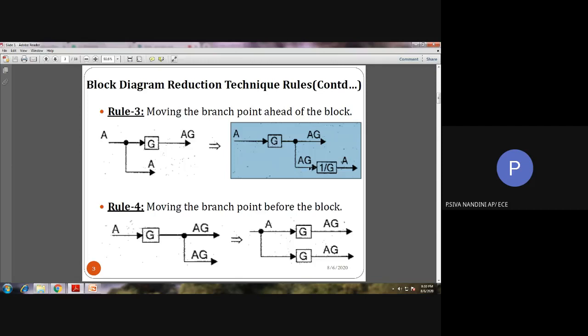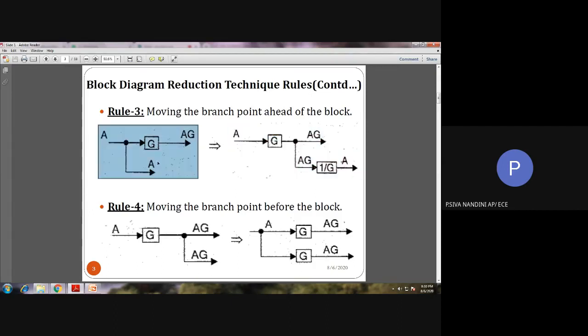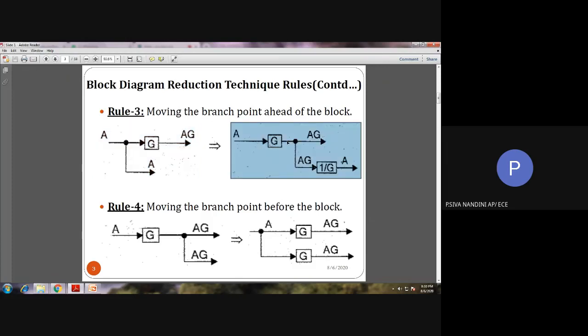So to convert this AG into A, we have to divide the signal by G. That is why we have included a block 1 by G here. So our resultant will be A here. These two figures represent the same thing. That is, here we have moved the branch point ahead of the block. If you are going to move the branch point ahead of the block, we have to include a term 1